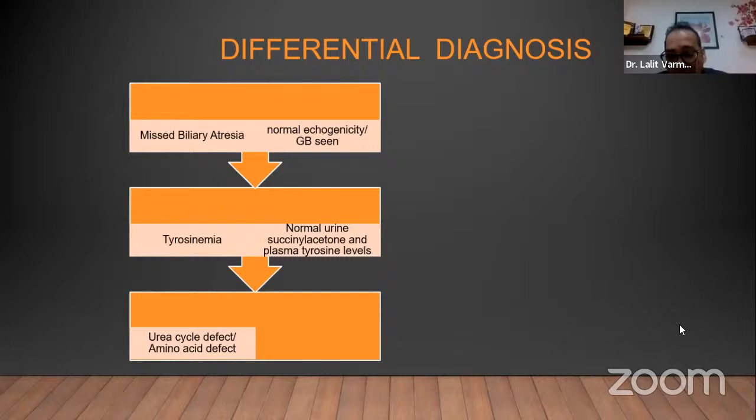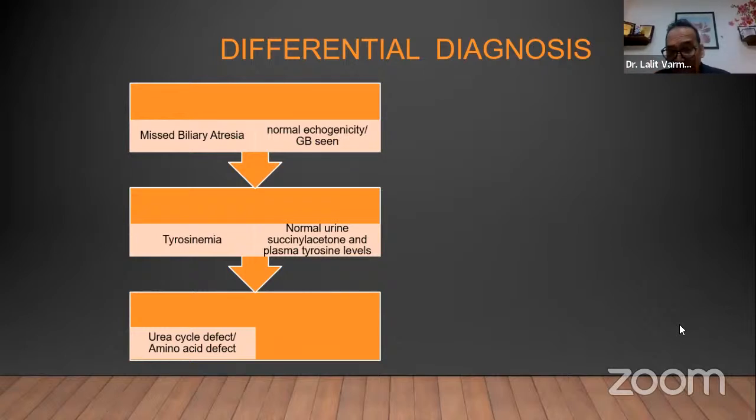When do these kids with urea cycle defects present? My first transplant was a urea cycle defect baby, where we did the transplant at 2 years. Now he's 7 years and doing fine. So they will always present. The first 4 to 5 months are pretty okay most of the time, but one of these odd ones will have some problem beginning in the second month. They're very chubby babies initially, but then they go downhill.